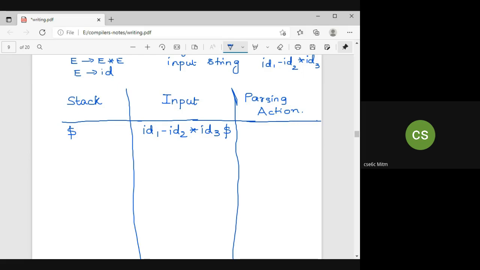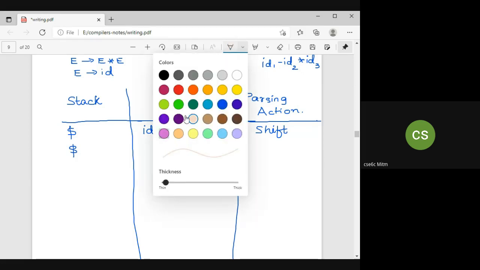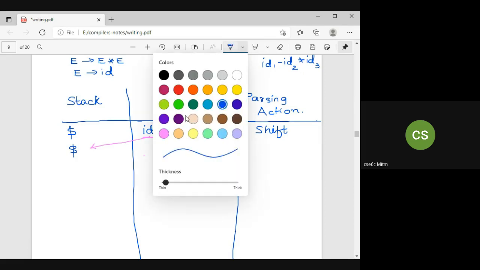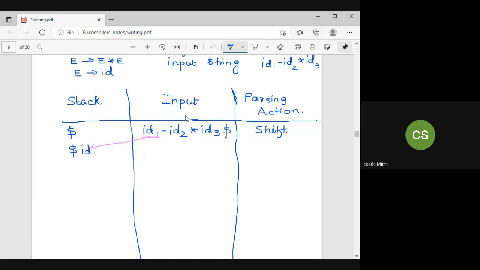Now we have to do the shift and reduce operations. Once you're doing the shift and reduce operations, you shift the symbols one by one. We shift the terminals one by one. In the stack, initially nothing is there, so shift is the operation that you're doing. Once you say shift, you are going to pick this ID1 and shift it here to the stack. So what will the contents of the stack become now? This will have an ID1.